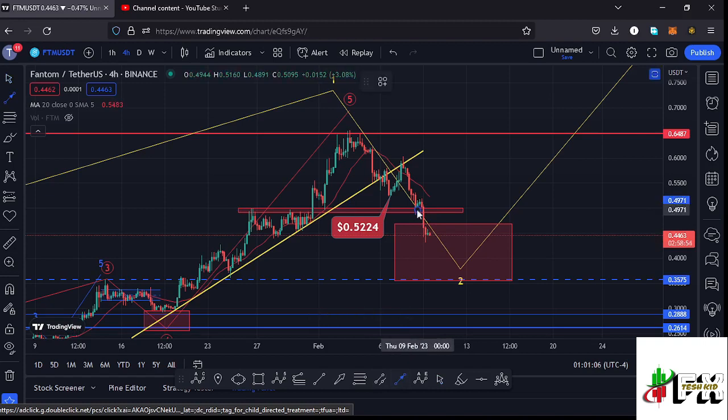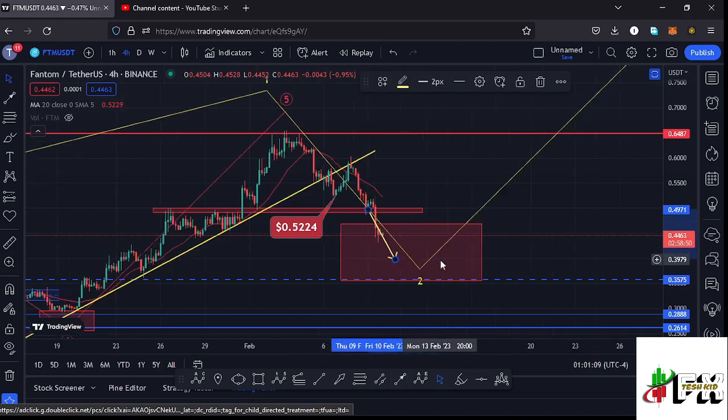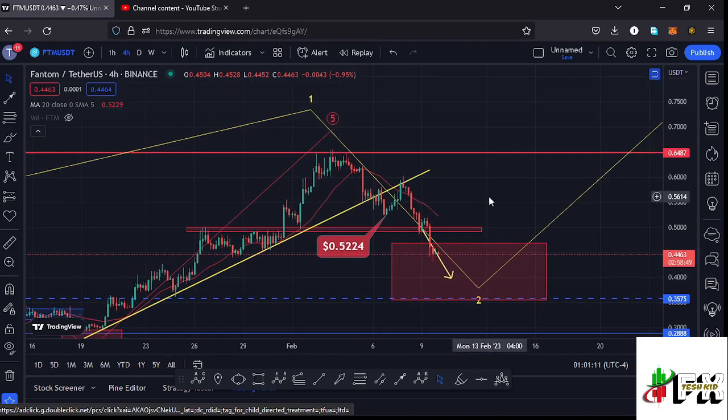And after losing it, we have continued pushing even lower, and we have also managed to get into this red target area. And in the formation of a second wave, which is a corrective wave, we also expect to see an ABC corrective structure, and I believe we are seeing such a scenario over here where we can term this as the wave A. Then we have also seen the high for that wave B at around the $0.605 mark,